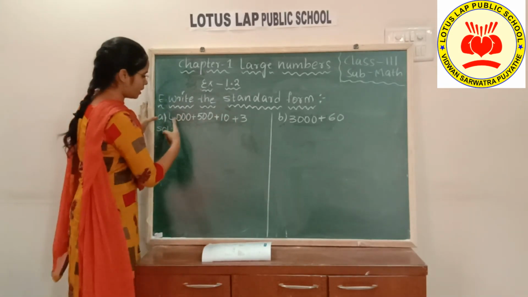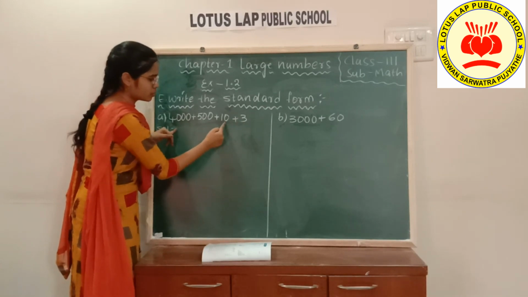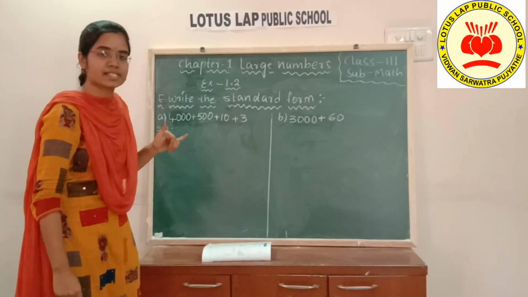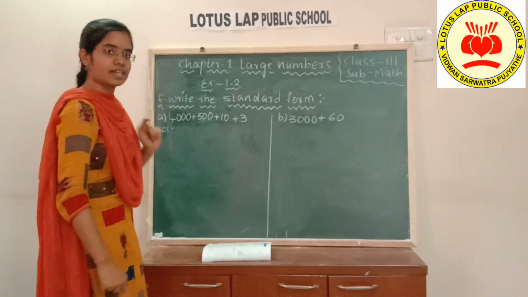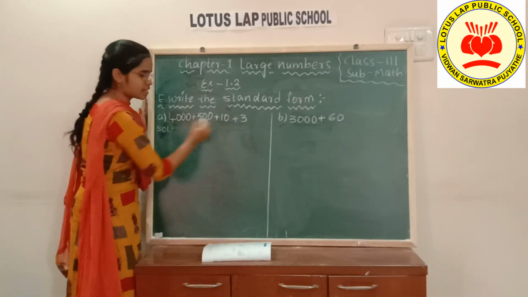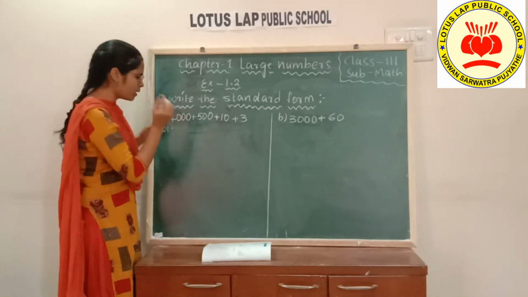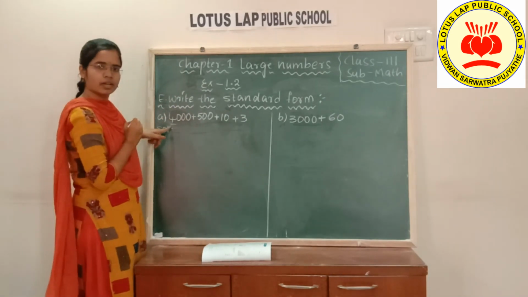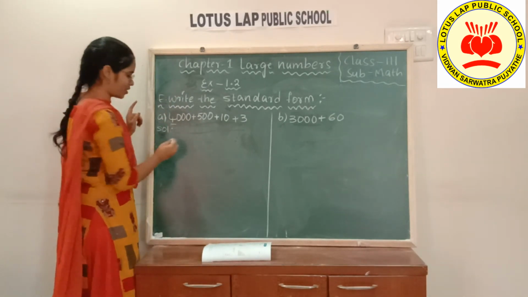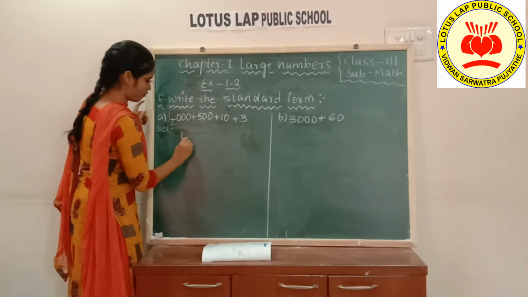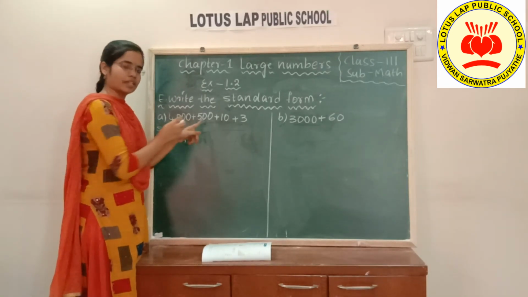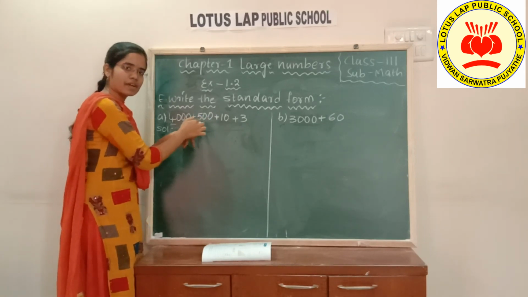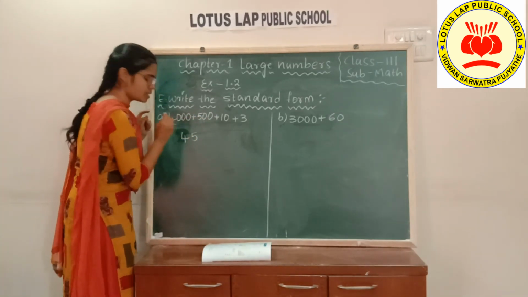See, how many places are there here? 1, 2, 3, 4. So that means you are going to get how many digits? 4 digits. Now, according to the places, you need to arrange, or just simply see the first digit of that expanded form. What is the first digit here? 4. Yes, the first digit is going to be 4. Next, 500. What is the first digit in that place value? 5. So the next digit is 5.